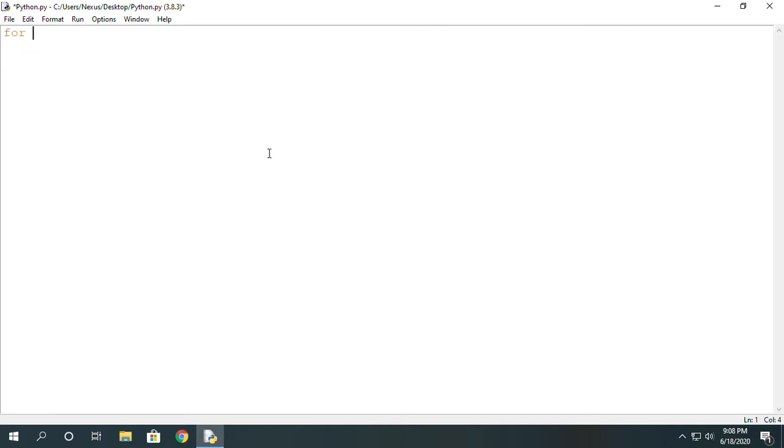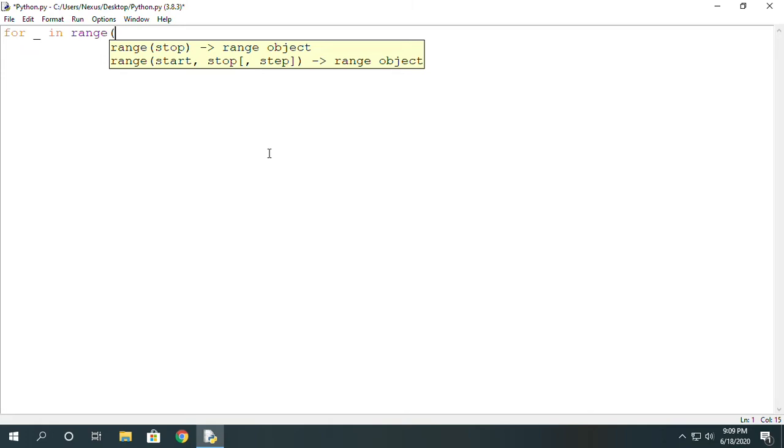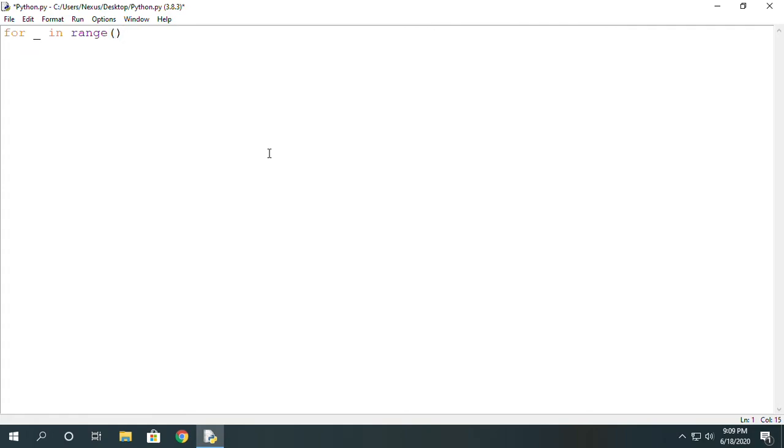So for, we need a variable, you can pass this if you don't need to access that variable. So we can say for underscore in, and this is another function called the range function, and it has a starting point and an ending point, and it iterates upon itself. So we can specify its range, say 10, to have it run 10 times. So we're gonna give the colon, and then whenever we hit enter, we see that